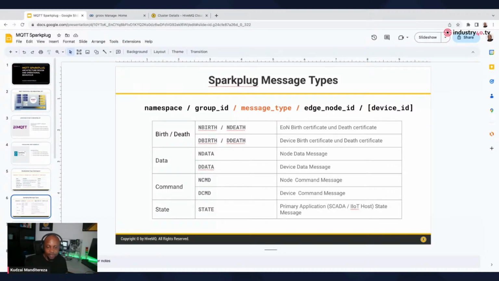So again, there is also the concept of the command, right? So you can also transmit commands over the MQTT Sparkplug network, whereby a host or Sparkplug or a SCADA is sending commands to control or to instruct an edge node to perform some